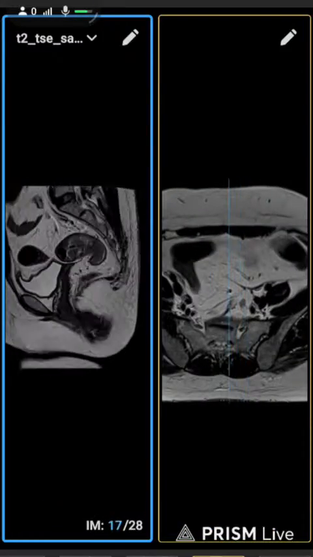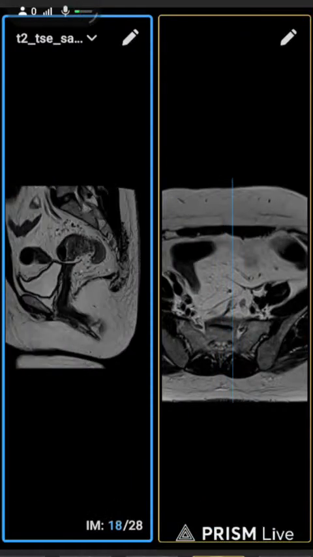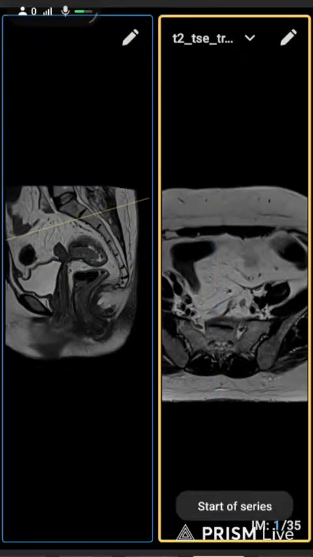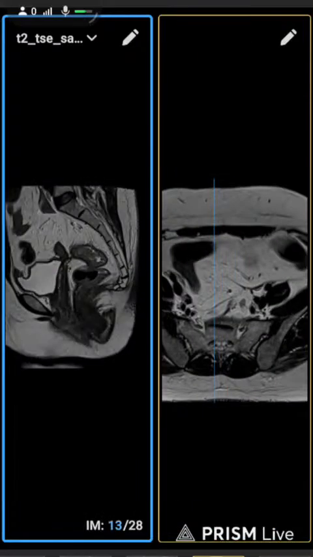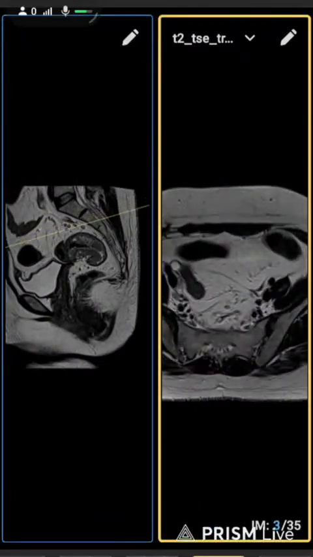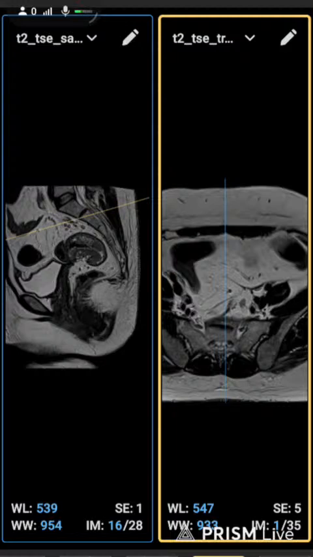We see that there is no lesion above the level of S1, S2, but we find in the sagittal image the lesion ended here, so we bring it a little bit up for the